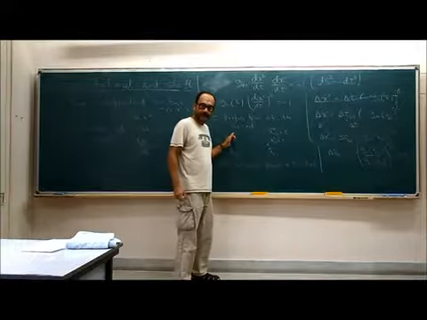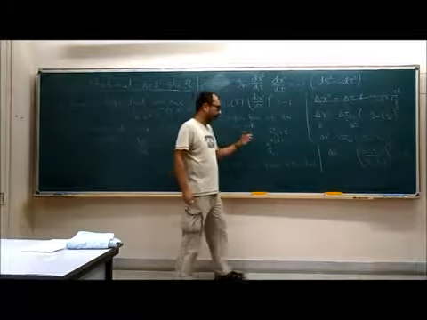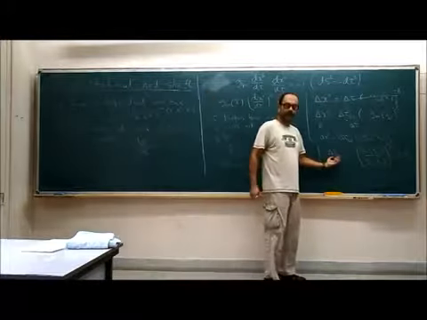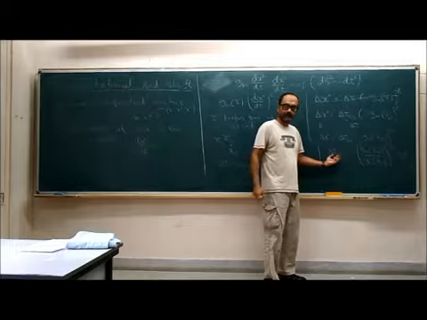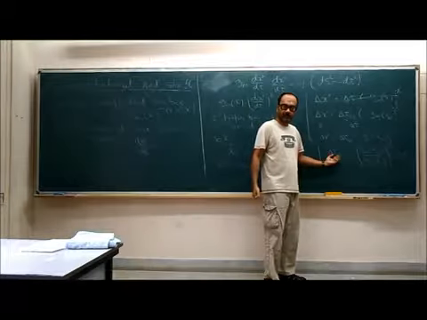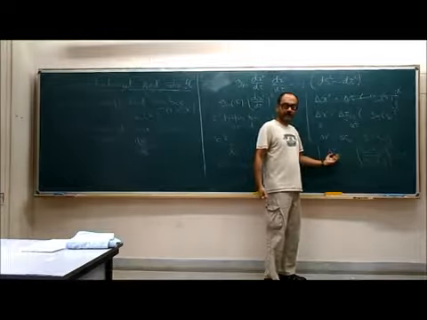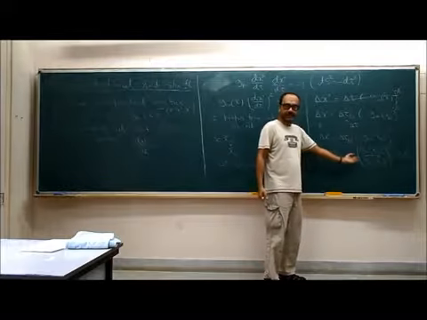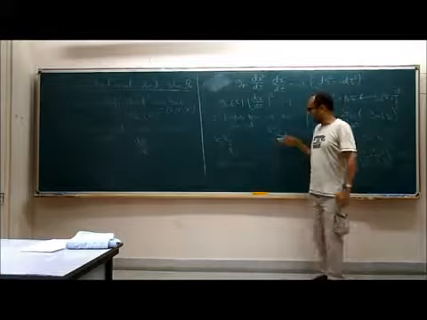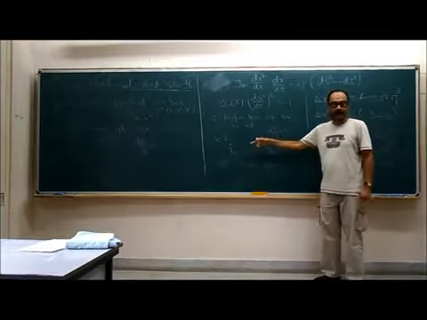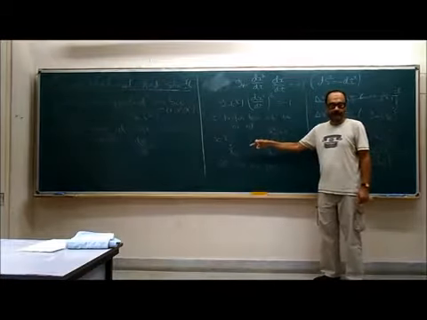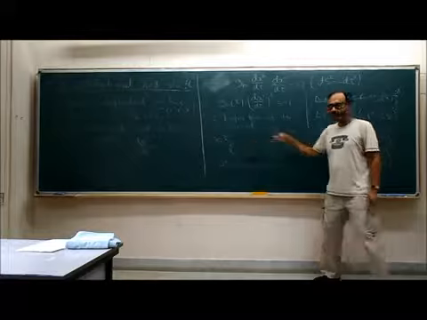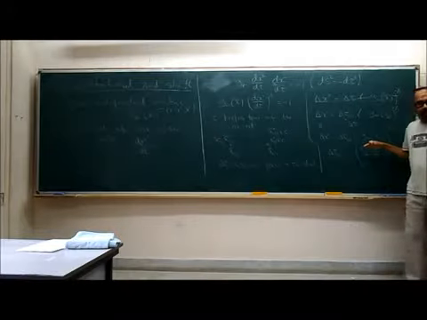Those two successive clicks will appear as if they are occurring at a proper time interval of delta tau 2 from the point of view of the observer at x2. So this delta tau 2 is the interval that the observer at x2 will see if he or she looks at the clock that is placed at x1. The clock that is sitting at x2 will still continue to tick at an interval of delta tau.